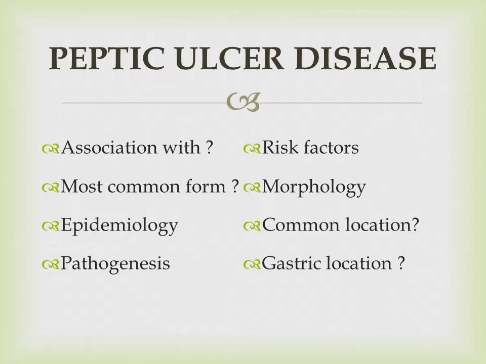While in case of this peptic ulcer, there is a punched out margin with a clear base, while in case of cancer, there is a heaped margin that will be hanging over the base. The depth of the ulcer can vary depending upon the severity of the disease, and if the ulcer is more deep, it can erode the underlying vessel and ultimately can result in hemorrhage.